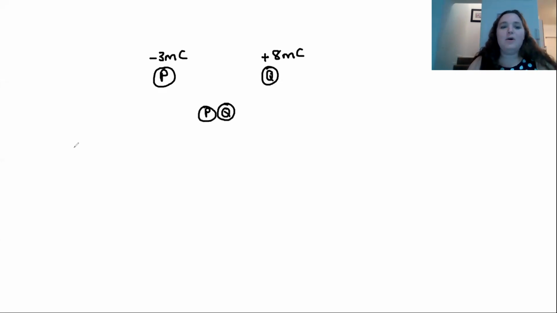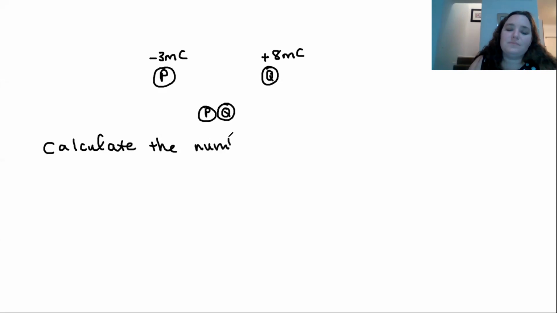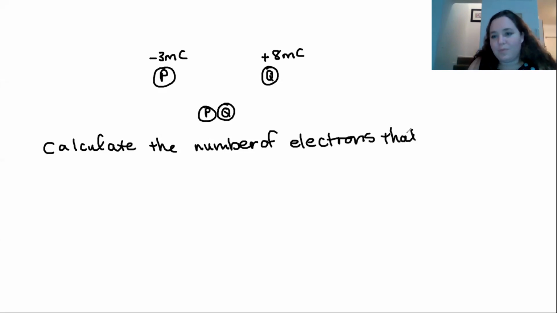We've got two objects, P and Q, and P has a charge of -3 millicoulombs, and Q has a charge of, let's make it positive 8 millicoulombs. And these two are brought to touch each other and then separated again. My question could be: calculate the number of electrons that move from P